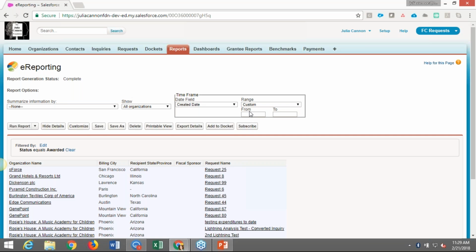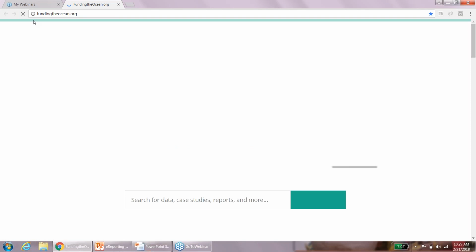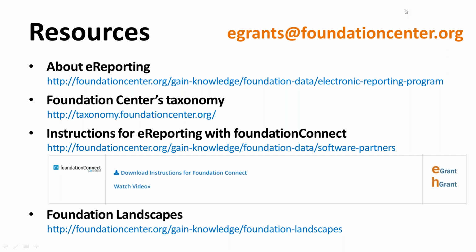Perfect. So I am just going to grab the presenter control back just to share this final slide, which just shows additional resources where you can find information about e-reporting. So this is our basic e-reporting page where you can find information about what e-reporting entails, but also find our template. If you are interested in using our taxonomy for things like subject or population served, you can find it here at